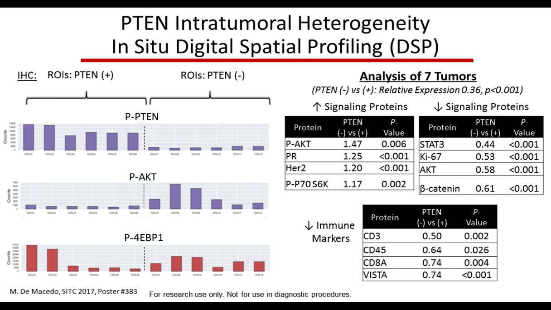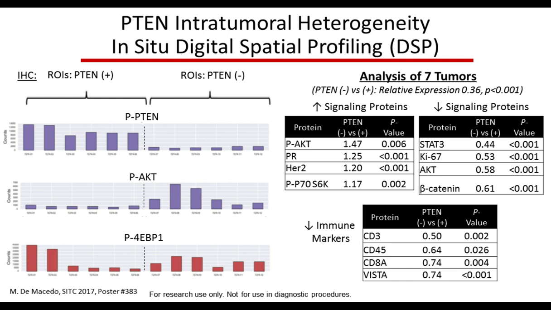Then moving further down the pathway to the level of phosphorylation of 4-EBP1, again, consistently we do see high levels of phospho-4-EBP1 in the PTEN null regions, but now we also see some other areas of the tumor where PTEN is expressed, where we do see high levels of this phosphoprotein. So on a single tumor level, this is a nice illustration of how we could look separately at the PTEN null and positive regions.